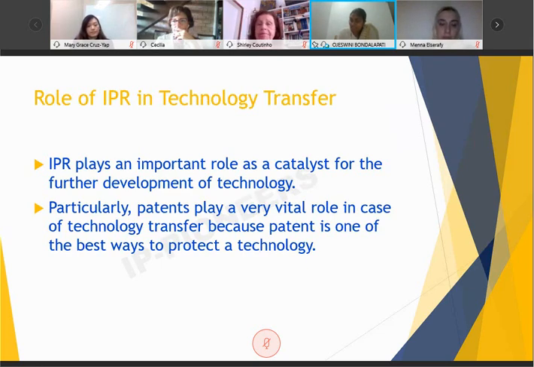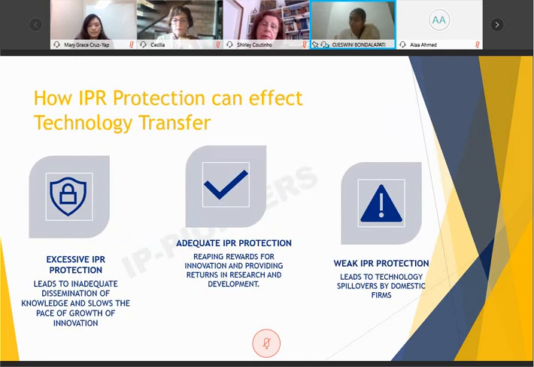So in technology transfer, we need to transfer technology in a structured form like a document or some know-how, or some trade secrets, some technical work, and also along with that some tangible assets like machinery, or you're exchanging some expertise personnel from one organization to another organization to complete that project, whatever you have in mind.